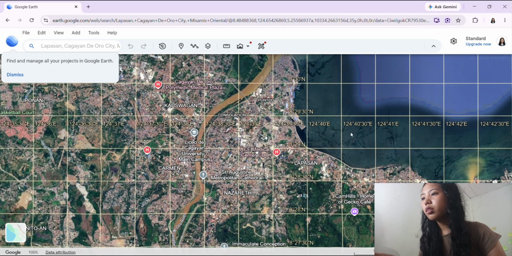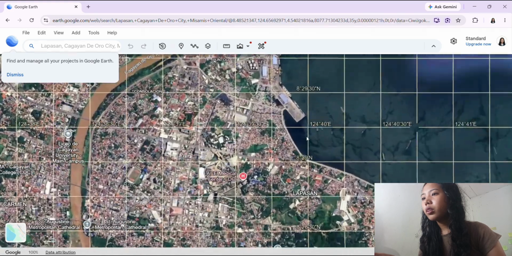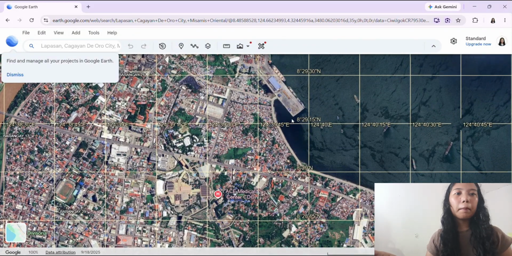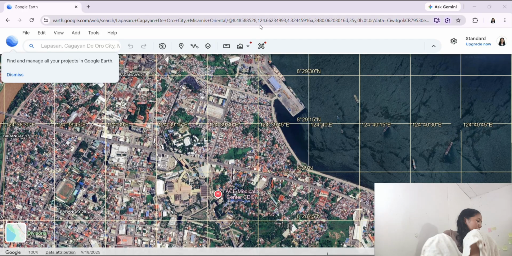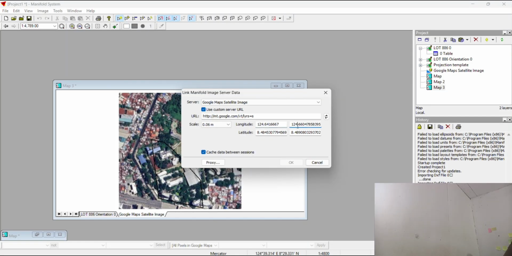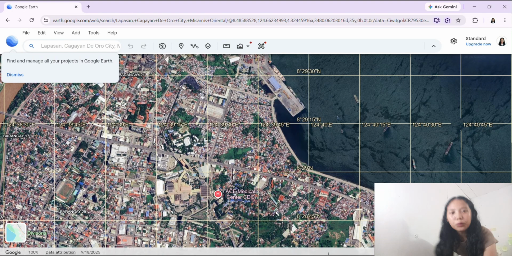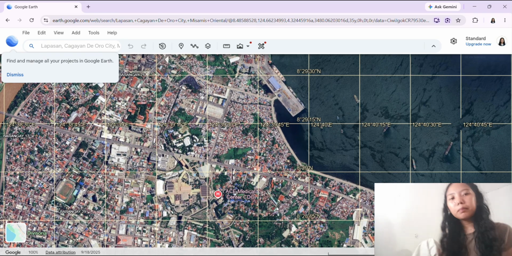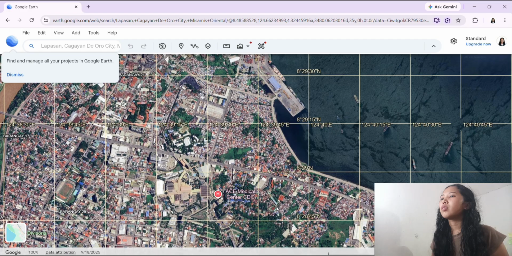This bearing, convert it to decimal. So 124, 38, 30.